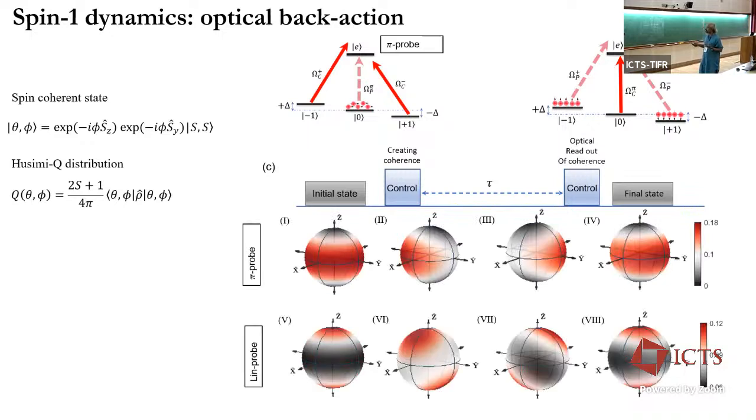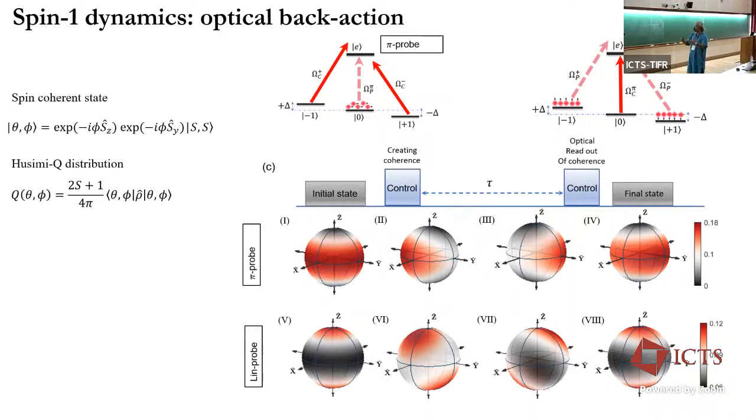One way you can think of it is by plotting these things in phase space, this Husimi cube, which I can visualize on the surface of a 3D sphere. For example, before you turn on the control and the probe, this state looks like an isotropic thing along the equator, whereas this state looks like the two poles are occupied.